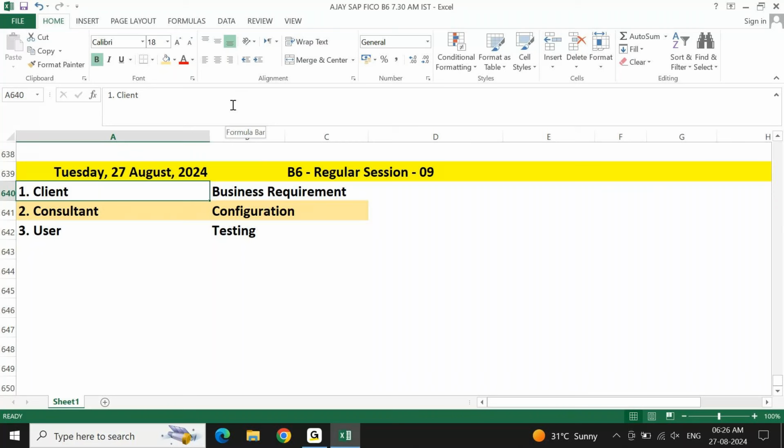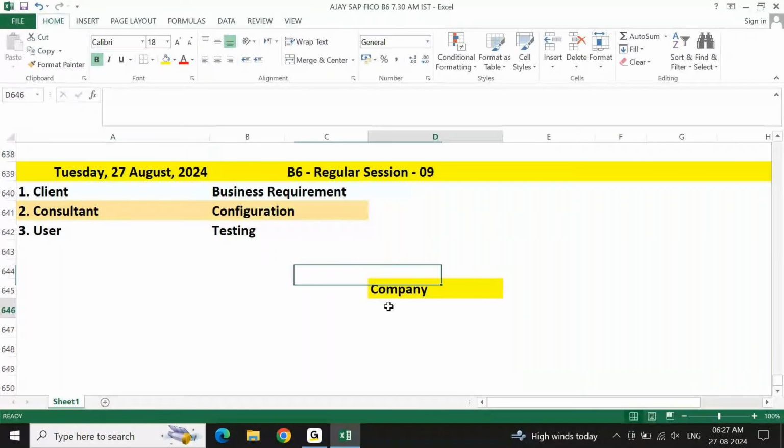Okay, this is my organization, I am the owner of the company. For example, here, you take any company first. In this company, you have to play three roles. One is owner, assuming that you are the owner of the company.